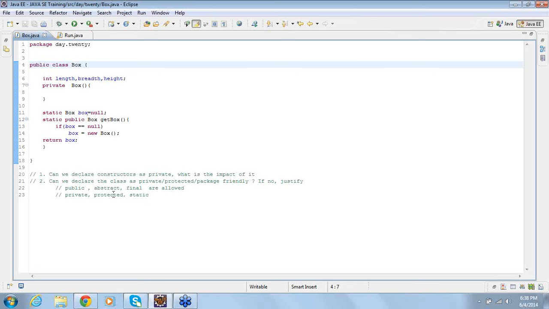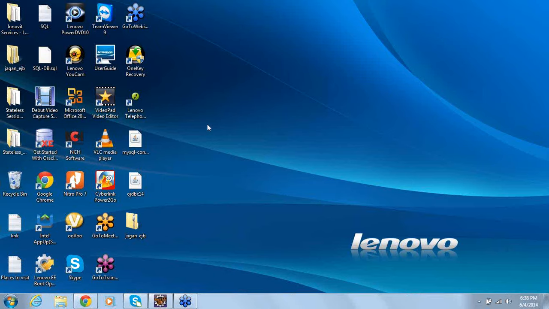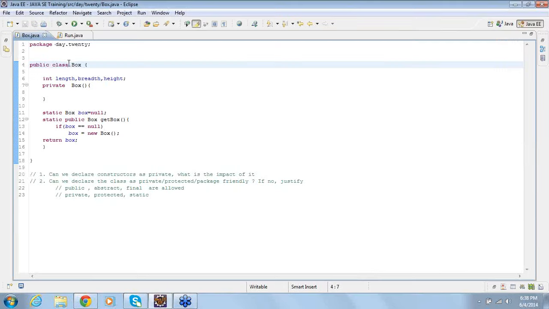Alright. So why are private and protected not allowed? Because if you declare the class as private in a package, can we access it outside the package? No, because there is a problem: you have something called the JVM architecture.